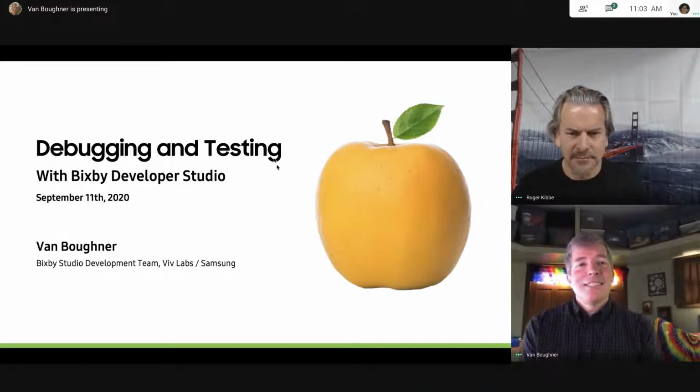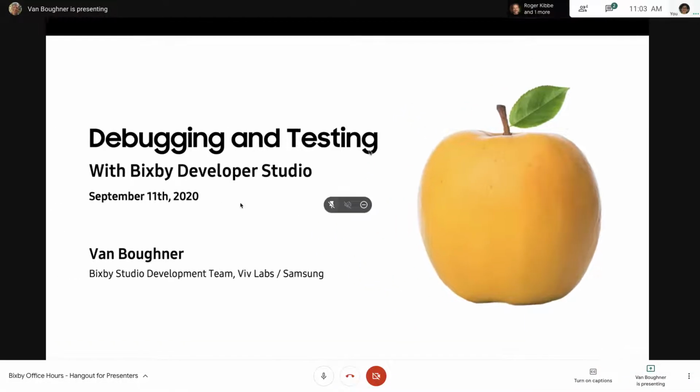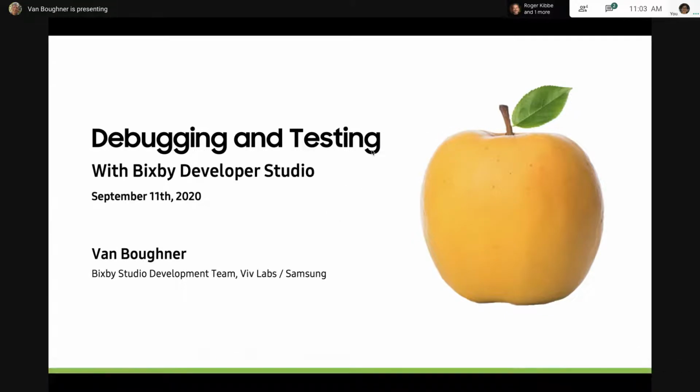Okay, thank you. Today's presentation is about debugging your capsules. We're going to make it kind of a flow like a story. We've been handed a capsule that somebody else wrote most of, and we're going to have to try to finish it up, fix the bugs in it, and get it ready for submission. So